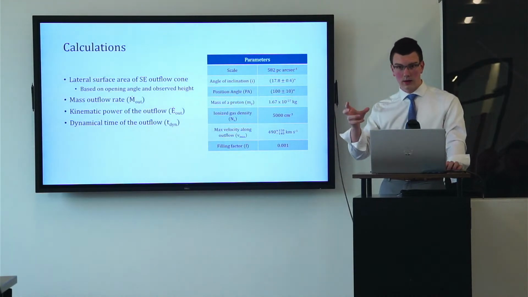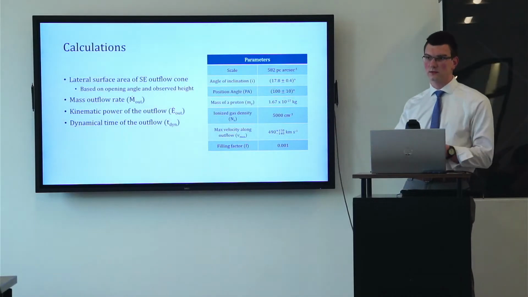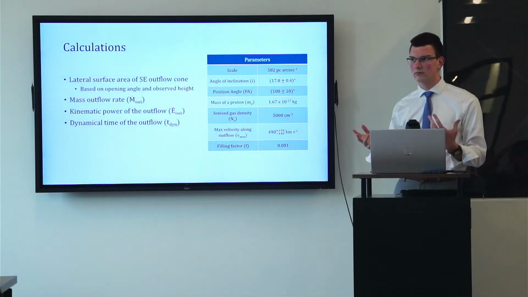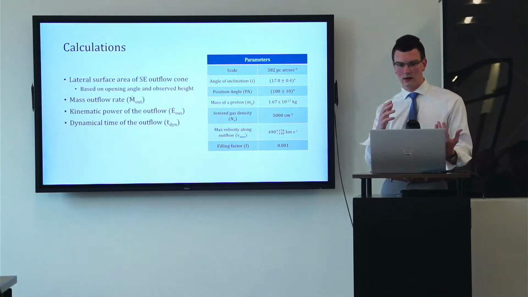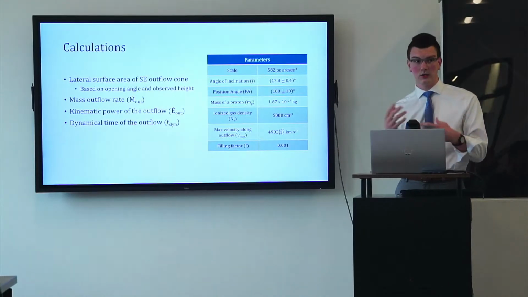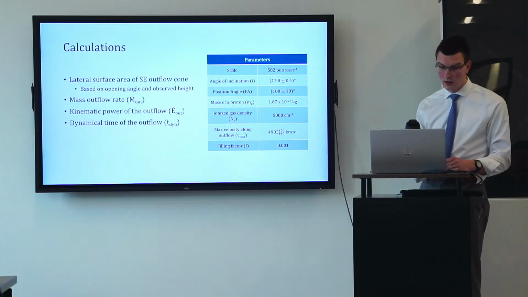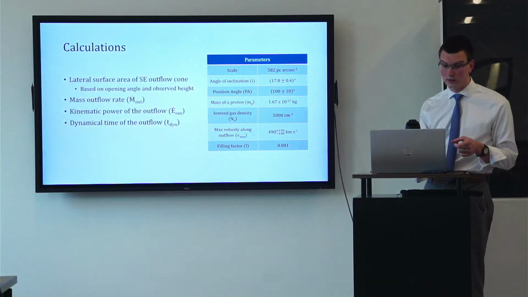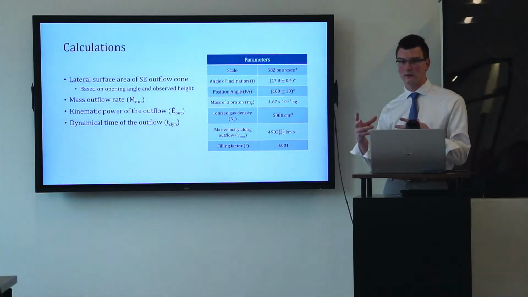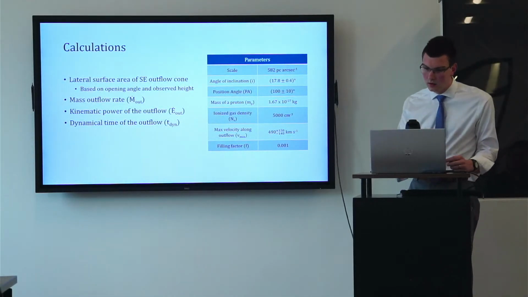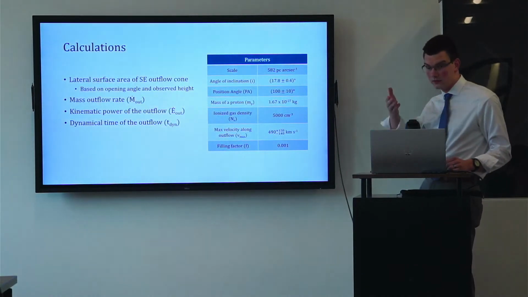And then the mass outflow rate can be used to calculate the kinematic power of the outflow, which is a metric that can be used to determine if this outflow is being powered by AGN or if it's being powered by star formation in the distant galaxy. And then the last thing I calculated was the dynamical time of the outflow, which, as I mentioned earlier, is how long this outflow has been active. These are simple parameters that I use in my calculations, and these are all taken again from Dr. Rubin's paper on the